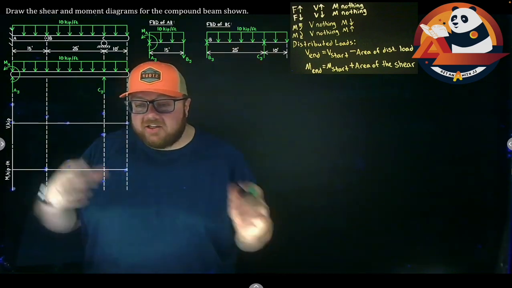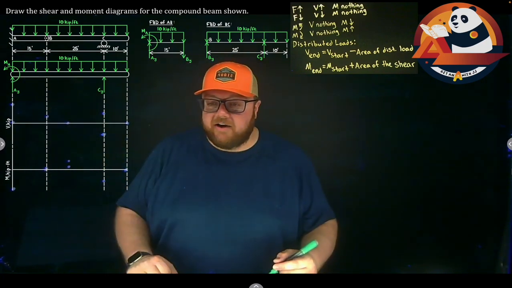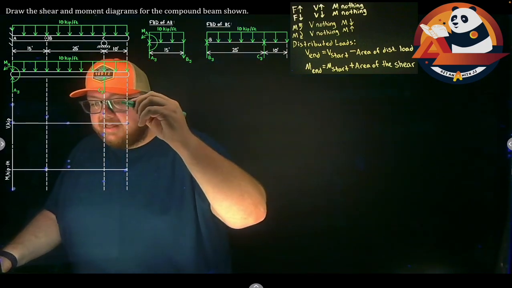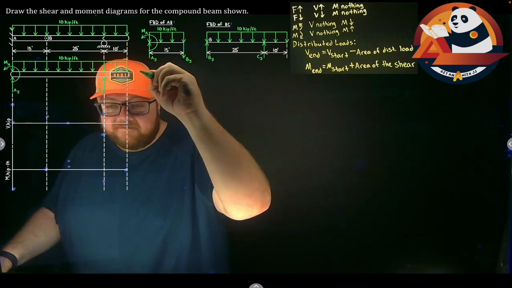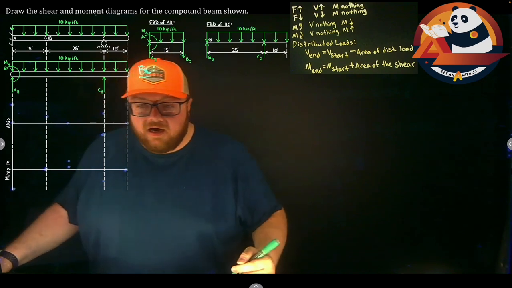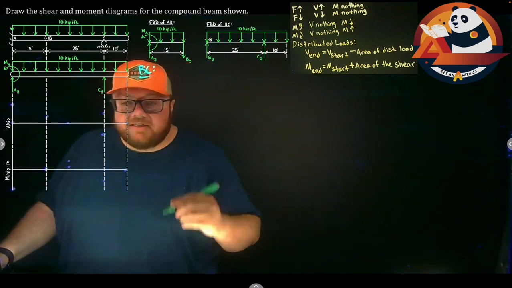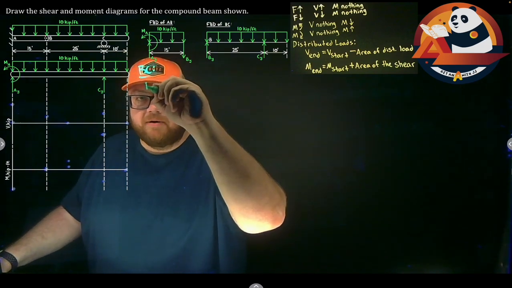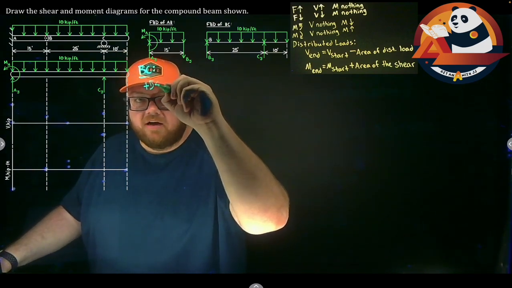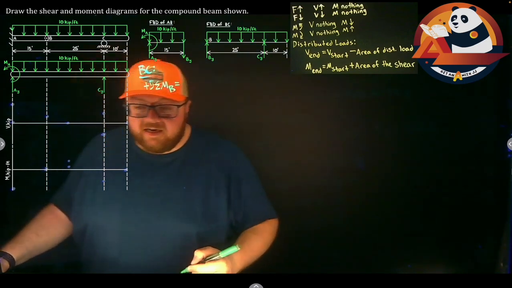We're actually going to start there so I can find my support reactions and make a shear moment diagram. So let's come in and we're going to work with BC first. So working with BC, I have BY and CY as unknowns. So let's sum moments about point B, with positive going counterclockwise. Summing my moments about point B is going to get me